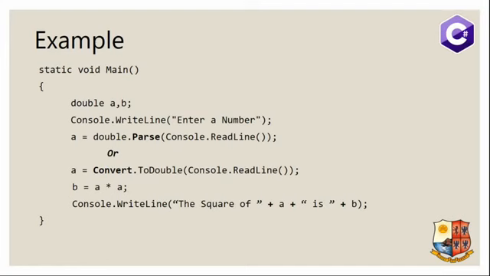Console.ReadLine is whatever the user has entered, and I've just multiplied them both, and the square of a is something like that we have printed. That's it. Okay, so this is how you take input from the user, not like the complicated Scanner and nextInt and all those things. It's just as simple as taking a ReadLine from the user. Okay, that we are done. Next,